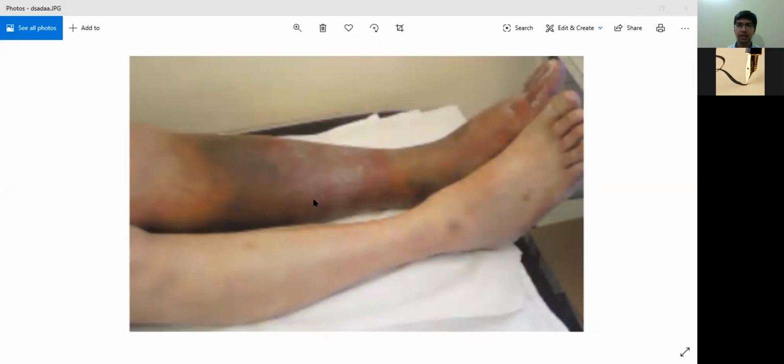Second skin change is there is gradual tapering and thickening of skin over here, which is lipodermatosclerosis. Lipodermatosclerosis is basically a terminology for a constellation of syndromes occurring in the severe stage of varicose veins. It is a sclerosis of the skin. The dermis becomes thickened and blackened. So hyperpigmentation, thickening of the skin, brawny edema, followed by symptoms like pruritus, itching, and in the end ulceration. So this is a classic varicose vein seen over here.